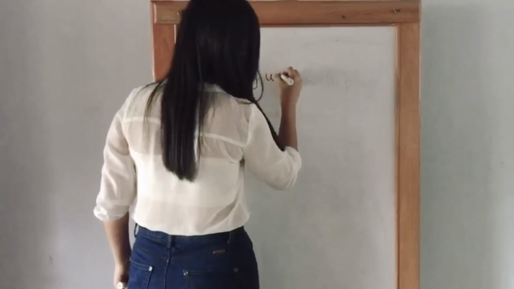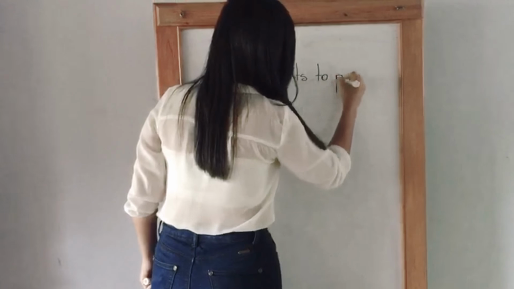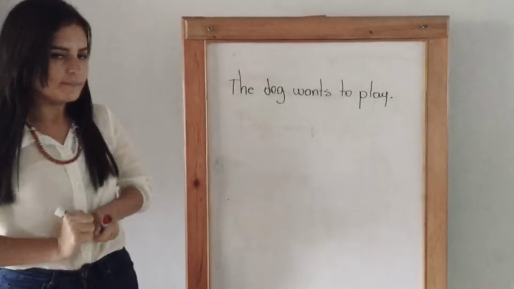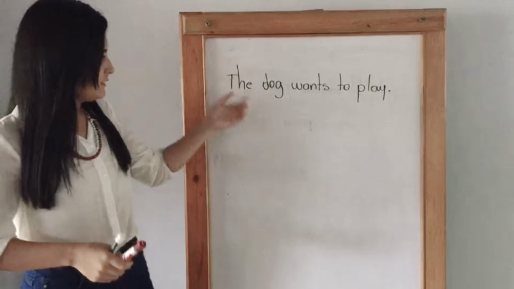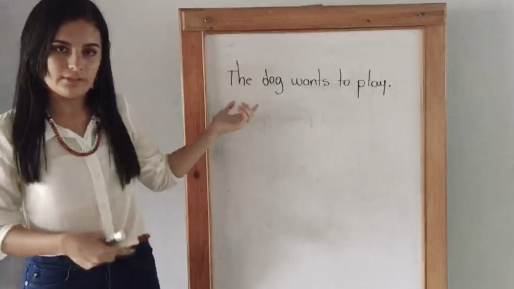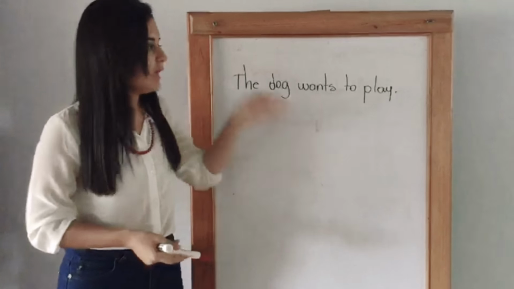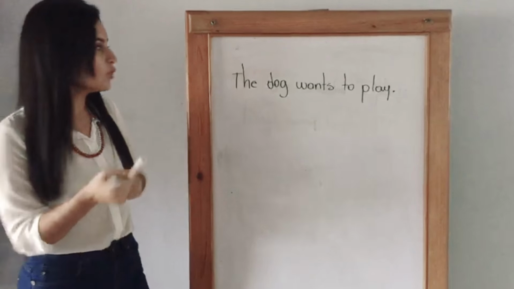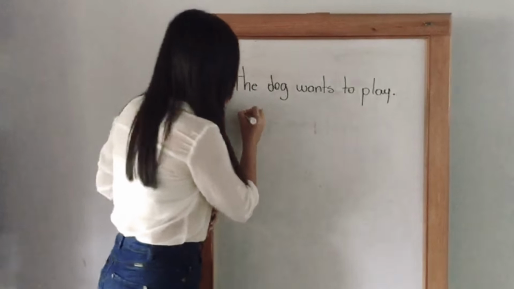The dog wants to play. In this case, I am specifying the sentence. I'm going to use the article "the" because it's a specified action or expression. But if I want to say this sentence in general, I'm not going to use the article "the" because it's in general. For example,